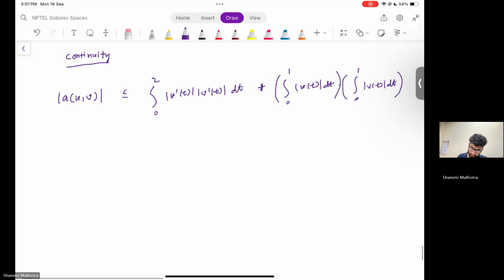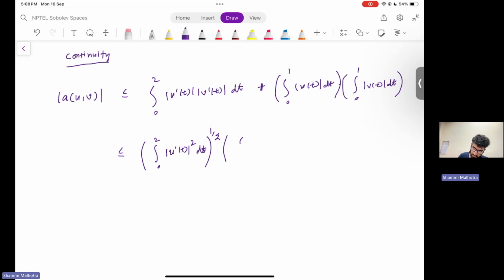Now we can apply the Cauchy-Schwarz in the first integral. So by Cauchy-Schwarz, this is the integral from 0 to 2 of mod u'(t) square dt, whole power half, times the integral from 0 to 2 of mod v'(t) square dt, whole power half,